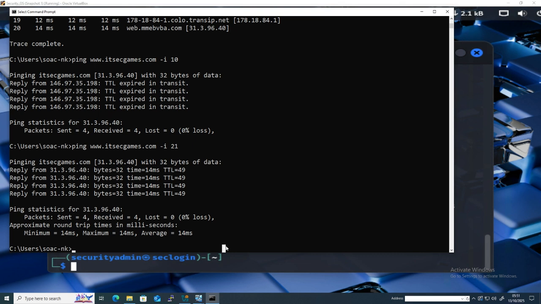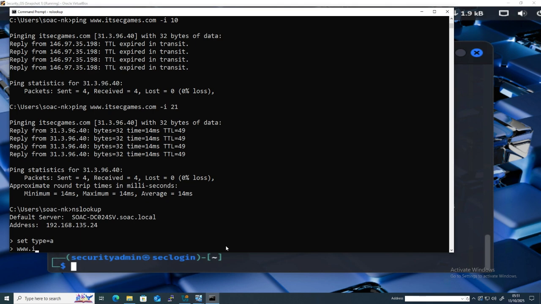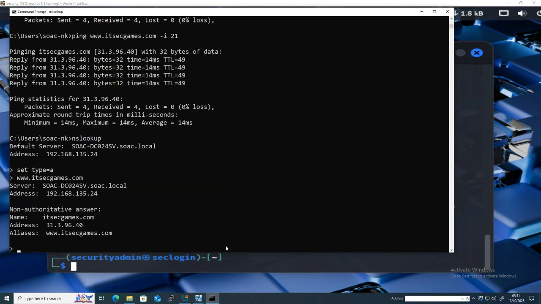The other thing which I wanted to tell you is to look at the DNS settings, because when we are doing whois, we found out there are the name servers and things. So let's confirm that as well. Type as a itsecgames.com. So you could see that you are getting a non-authoritative answer. It says that ITSec Games, this IP address, and this is the alias of it. Why is it